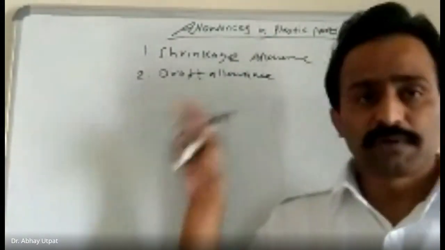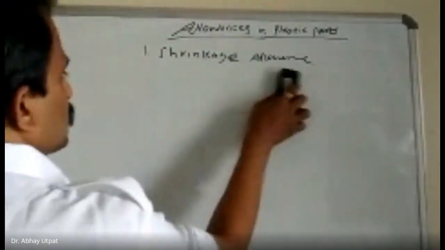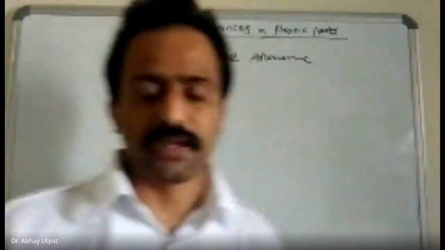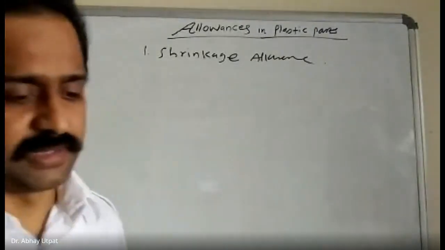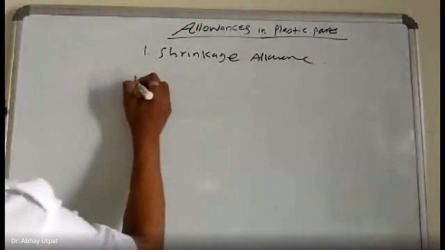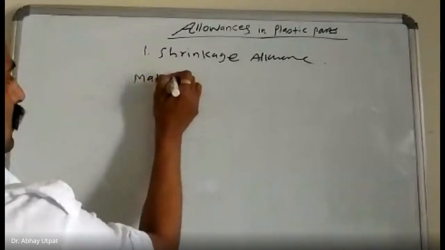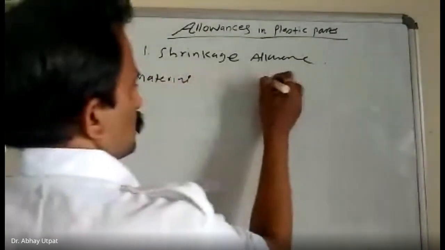So you can write one statement: the shrinkage allowance varies with type of material, because every plastic material has different shrinkage property. So as per the material, allowance provided are,